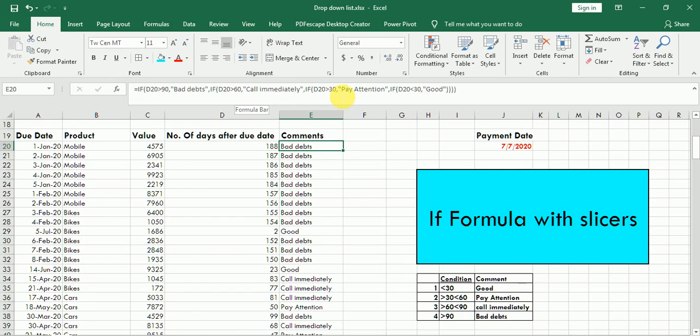If D20 is greater than 30 days, put pay attention in quotation marks. And if D20 is lesser than 30 days, it is good. So this is the formula, and you can use this formula in your Excel sheet as well, and comment wherever required. Now let me copy this formula over here.